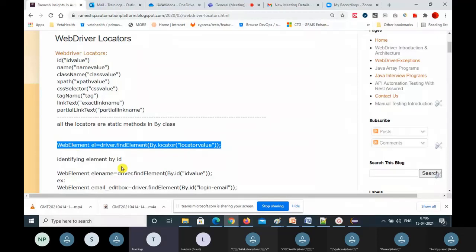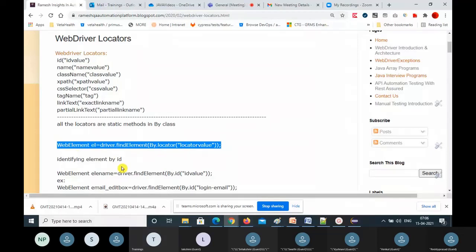Locators never do action. What is the purpose of locators? Finding the element in the web page. We use locators to identify and locate elements in the web page. Locators never do action on the web element. That's the locators' purpose.